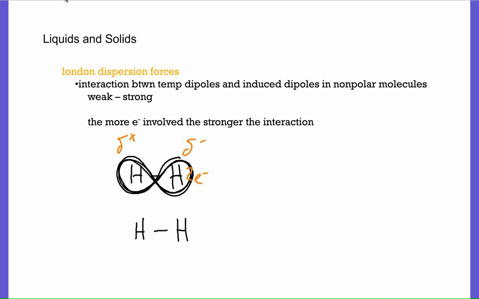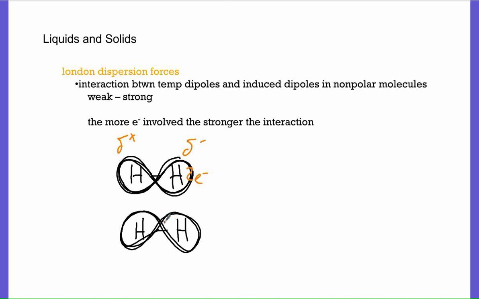It is possible for both electrons to split and for this thing to be neutral, but right at any given moment, one side could be positive, the other side could be negative. And what that does is it'll influence another molecule. I also have another pair of electrons around this other molecule, this shared pair that are going back and forth,